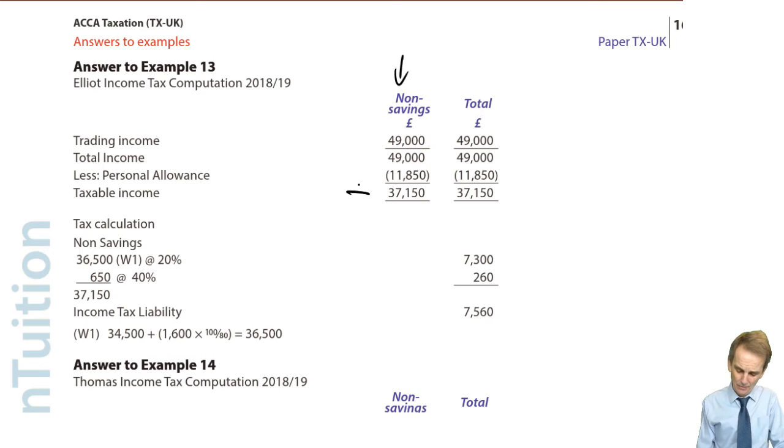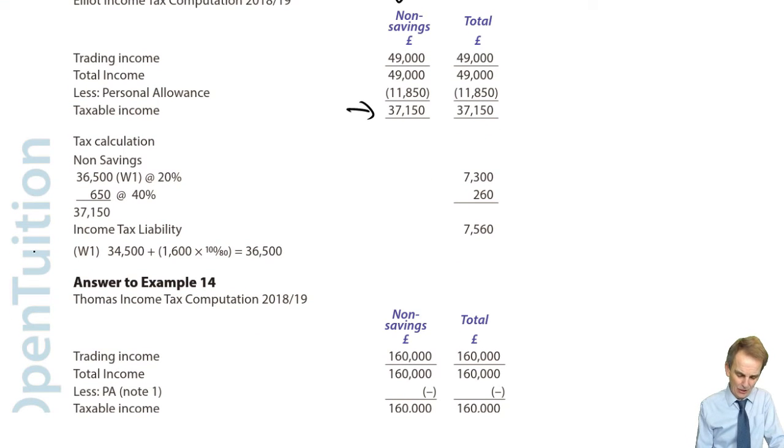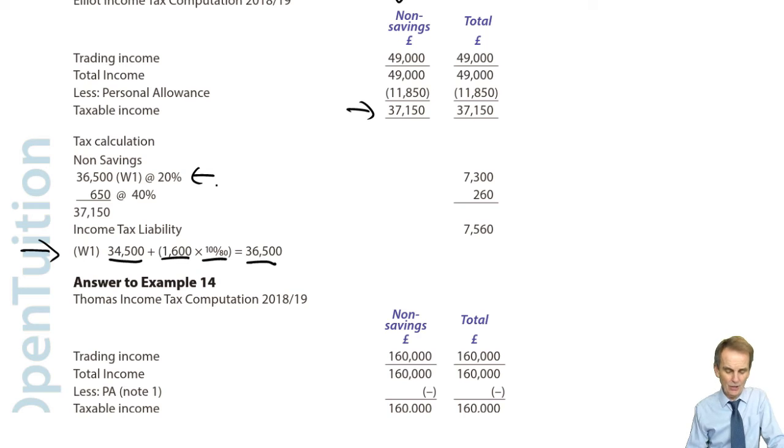So we've got our personal allowance and we've recomputed the taxable income as usual. But before we start to do our tax calculation, there's an important working to do. As we discussed, we start with the basic rate band limit, the normal 34.5, and we increase it by the gross amount of the gift aid payment. That's a further 2,000 up to 36.5. Therefore, the first 36,500 of this taxable income is to be taxed at 20%, the basic rate. And that leaves only £650 there to be taxed at 40%.